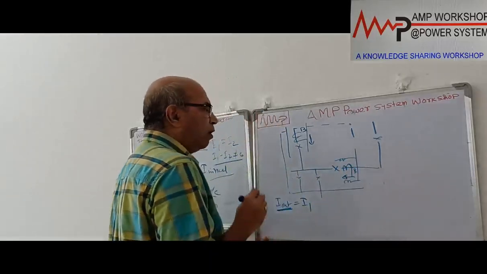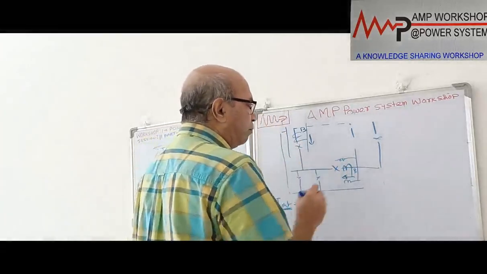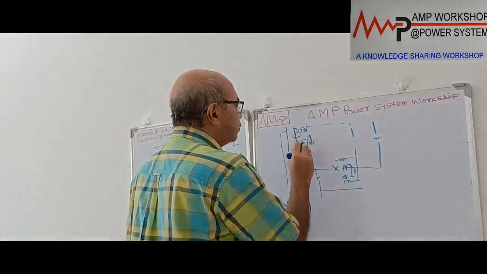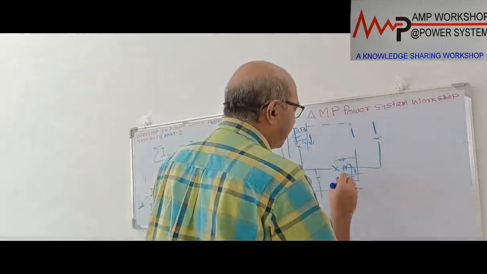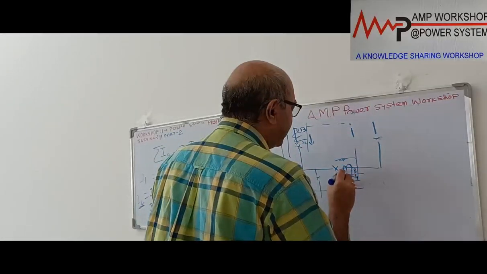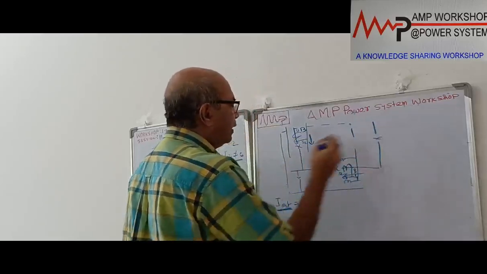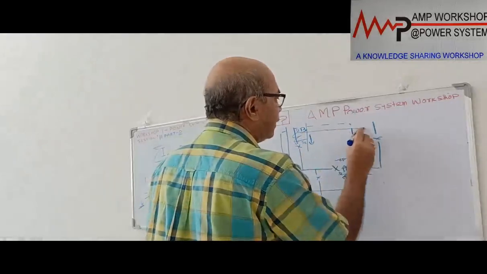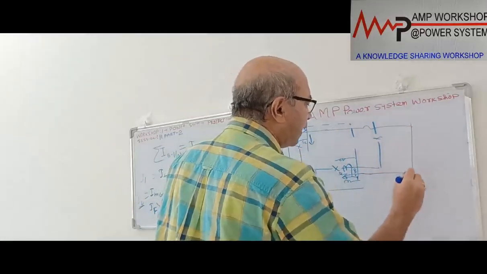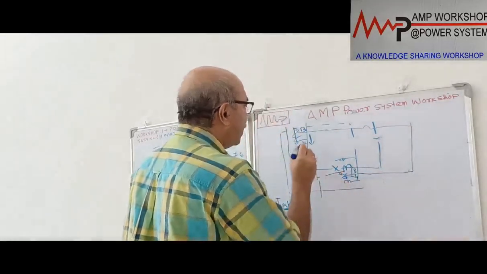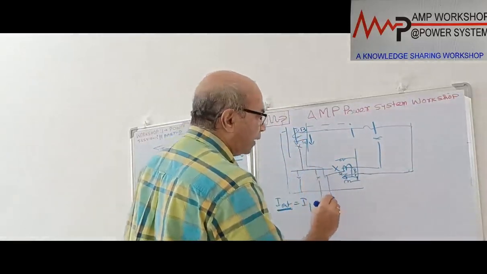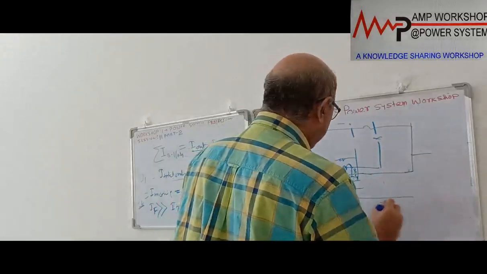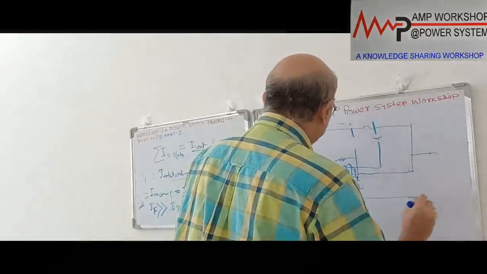Okay. So now what will we do? We have to connect these CTs in parallel. Both are coming. When the current comes this way, this is S1 and this is S2. Here also the current is coming this way, so this is S1 and this is S2. S1 and this S1 will be connected. These two terminals will be connected together, and this S2 and this S2 will be connected together. So this is another one. Now the relay will be, this is one line and this is one line. So these two are connected.